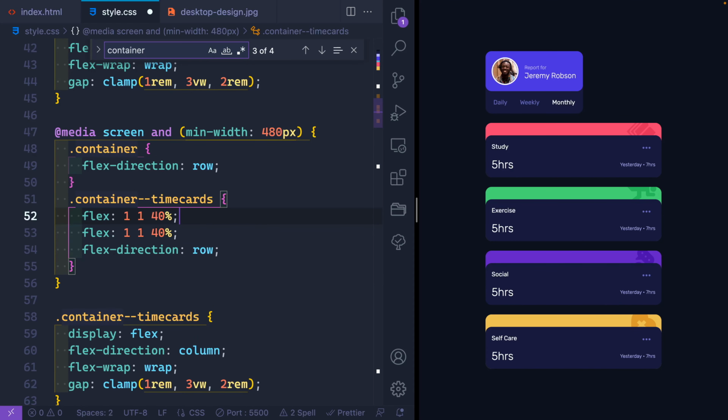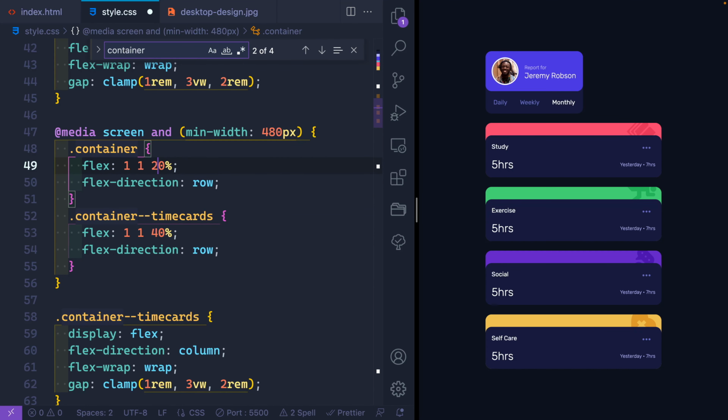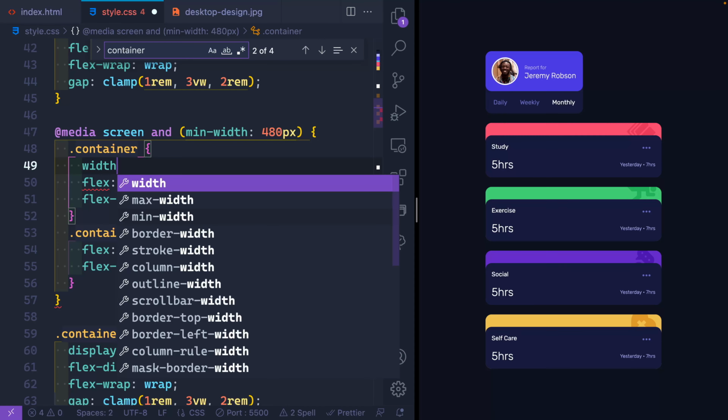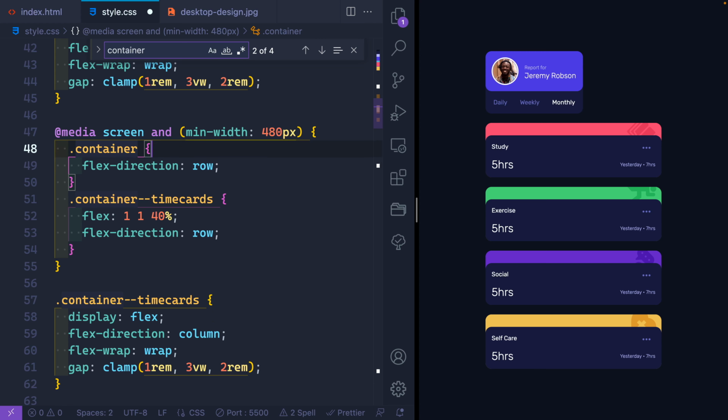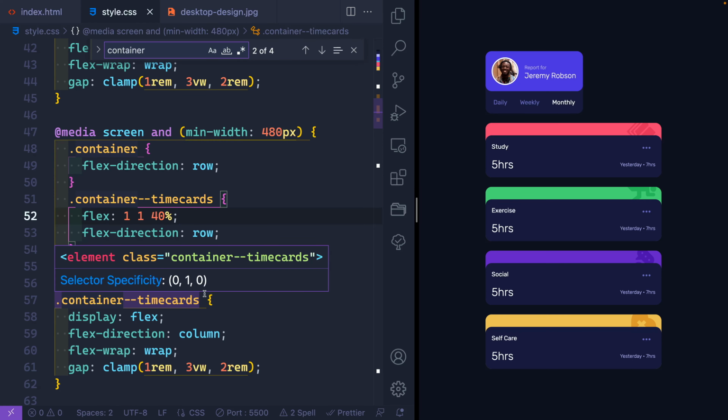Let's also move this up here and set this to like 20. And then maybe let's grab the container itself and say width. Wait, no, this doesn't work. The container is the wrapper around everything. So what I'm interested in is what the avatar does. So this whole thing should switch to row and wrapping when possible. The avatar itself,